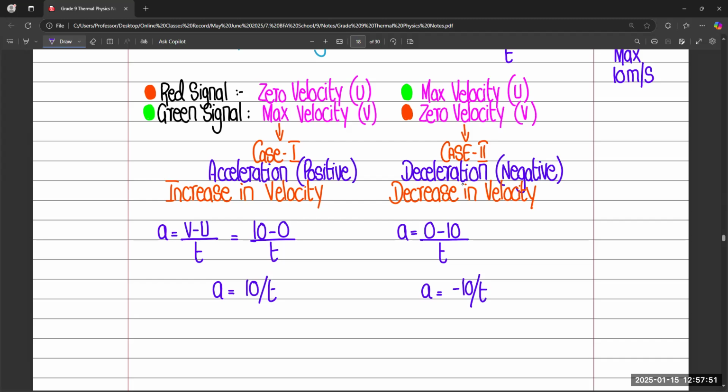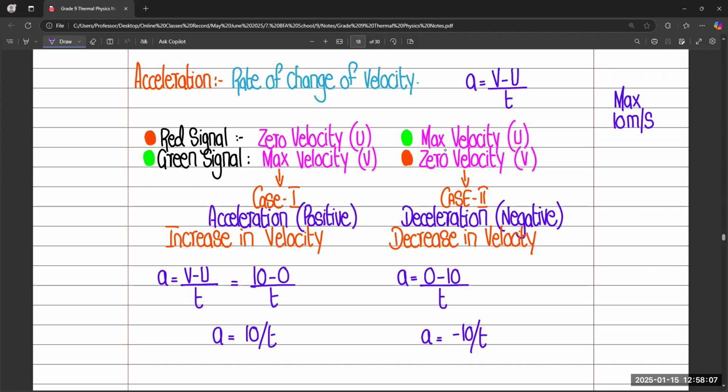Any question, any confusion in this? Sir, do we have to write this formula that we wrote? Basically, this formula helps you to understand the difference, or you can write it after the class. So it is not compulsory to show in exam questions. This is just for your reference, so that it becomes easy for you to understand what the concept of negative is, right? Okay, sir. Okay, yes, sir.